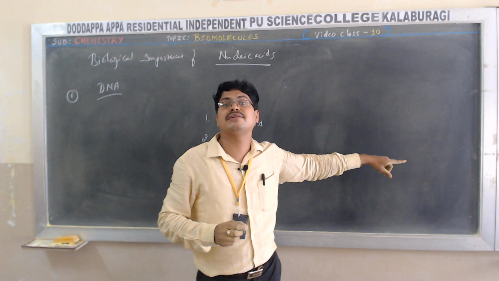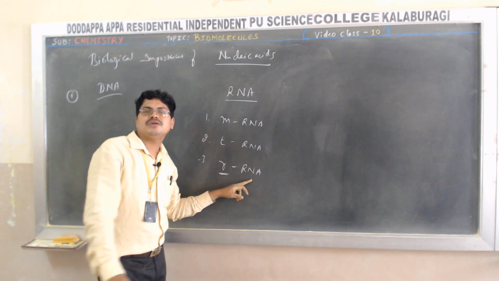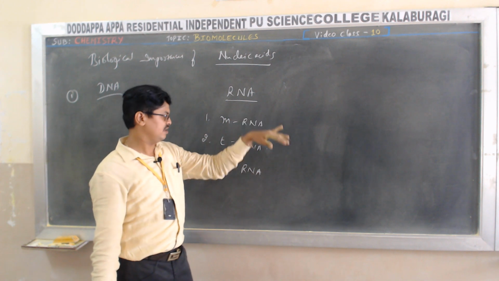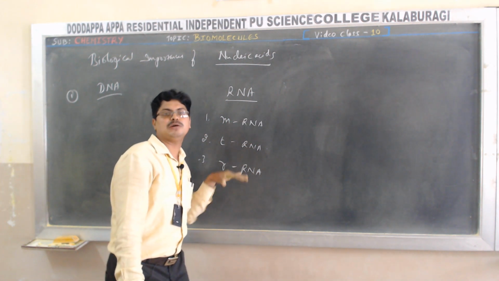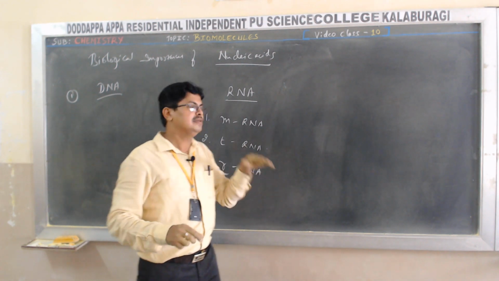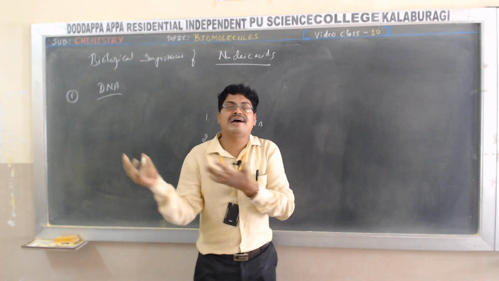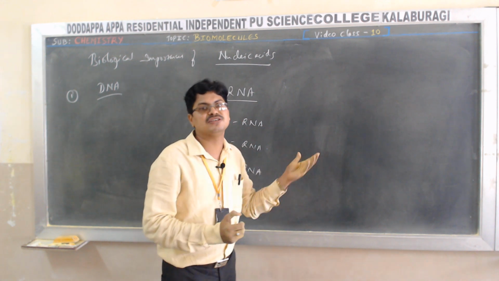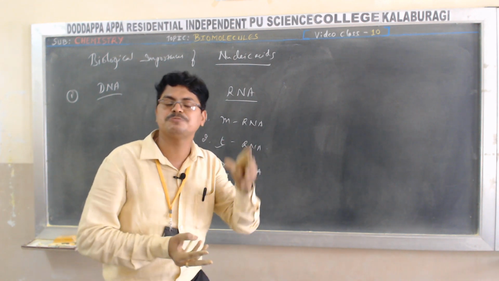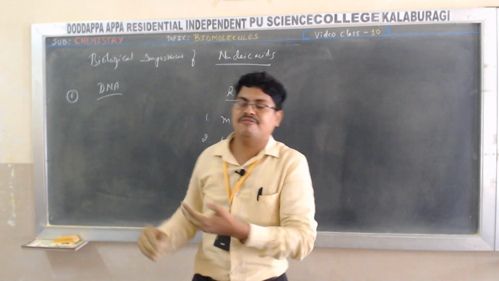A protein site where? Ribosome. Ribosome consists of ribosomal RNA. Ribosomal RNA provides a site for protein synthesis. This messenger RNA gives message to ribosomal RNA, so ribosomal RNA provides a site for protein synthesis, to synthesize the specific protein. Then what about the function of tRNA? Transfer RNA transfers amino acids. So all three together help in synthesis of a specific protein. So this is about the biological importance of nucleic acids.